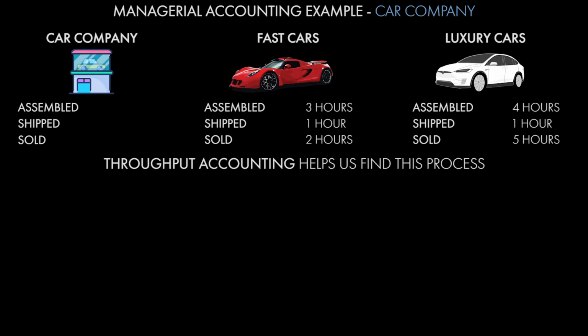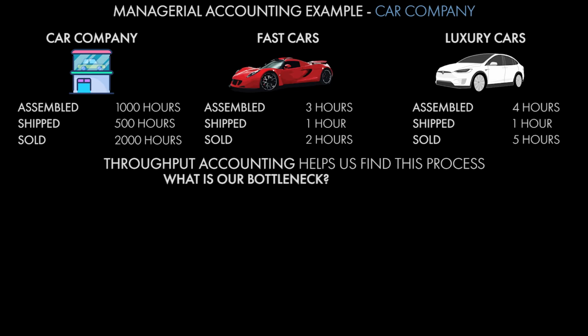Now we know about how much time and resources each type of car takes. But how much time and resources do we have? You see, our car company only has 1,000 hours of assembly hours, 500 hours for shipping hours, and 2,000 hours for sales hours. So, which type of car should we prioritize? What's our bottleneck? Let's dive in and figure out. Let's first start with fast cars. The easiest way to identify our bottleneck is to say, okay, if we made nothing but fast cars, how many